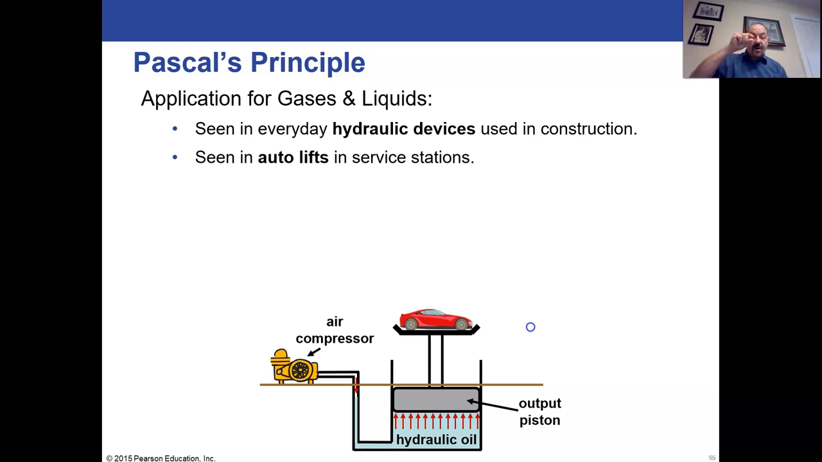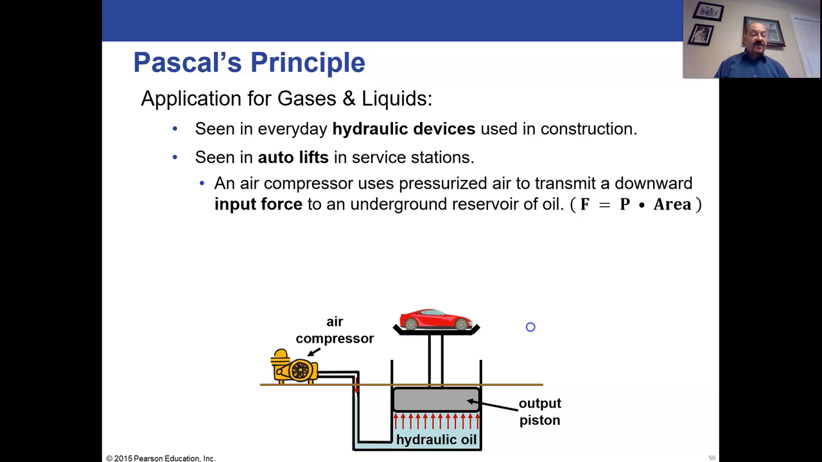over a very small area, which means it will generate a large amount of force on the large area on the other side. And that large area is attached to the part that lifts your car up, and that's the output piston. So the air compressor uses pressurized air, transmits its downward force over a long distance, pushes it down, and then your car lifts up a little distance in relation to it. And in the process, you don't need a lot of force to raise something that's incredibly heavy,